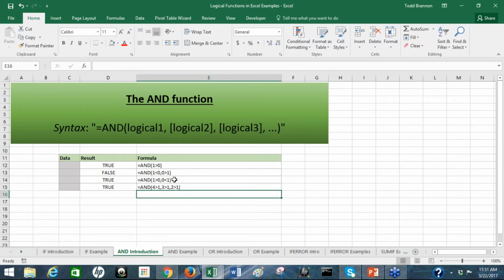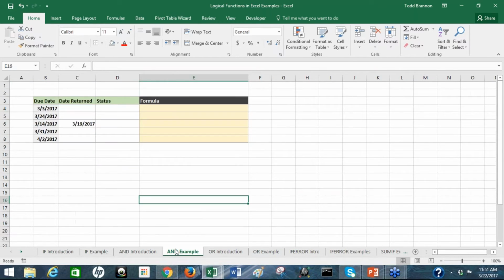So the thing to take away from the AND function is you can place multiple logical tests within this formula. They all have to evaluate to true in order to return a true value. If any one of those was not true, it's going to evaluate to false. So